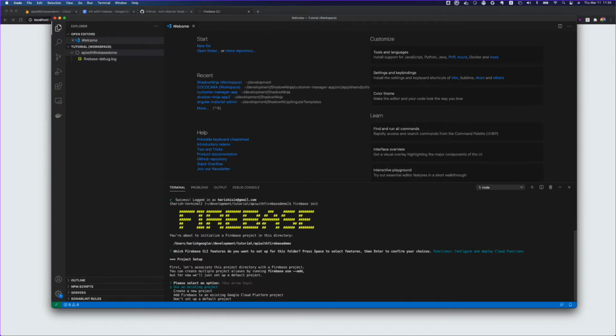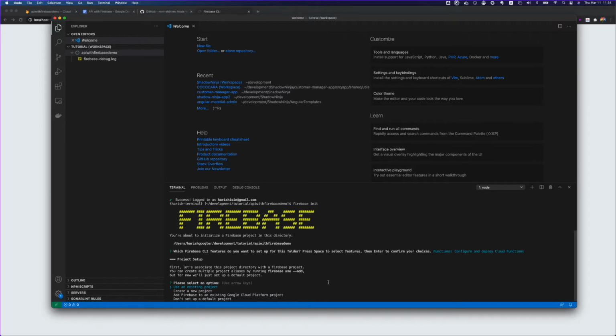Now it's asking whether you want to use an existing project or create a new project. The step which I did from the UI could have been done from here as well, but I just wanted to show that from the UI, so that's why I did it from there. But if you want, you can create a new project from here as well.